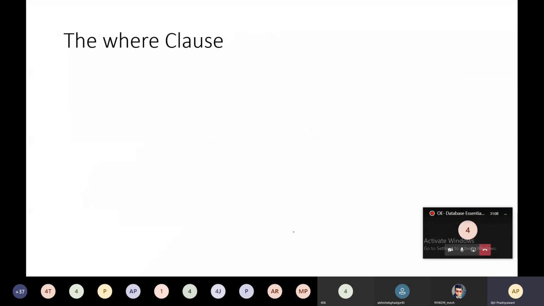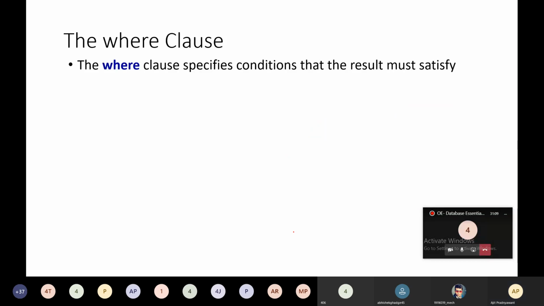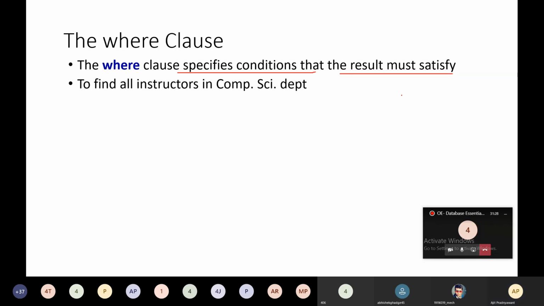Next is the where clause. Keep in mind, the where clause specifies conditions that the result must satisfy. To find all instructors in the computer science department, how will you find this?